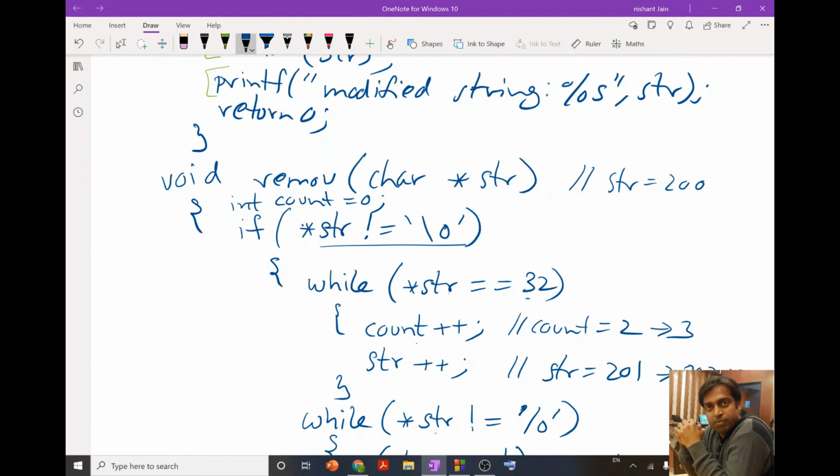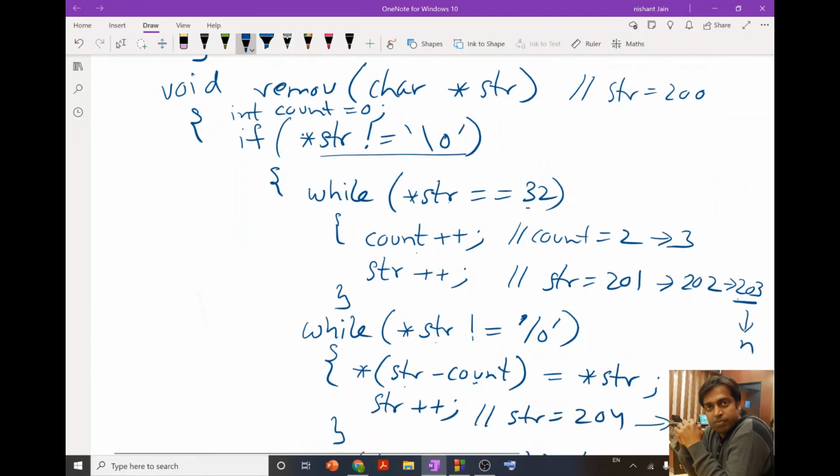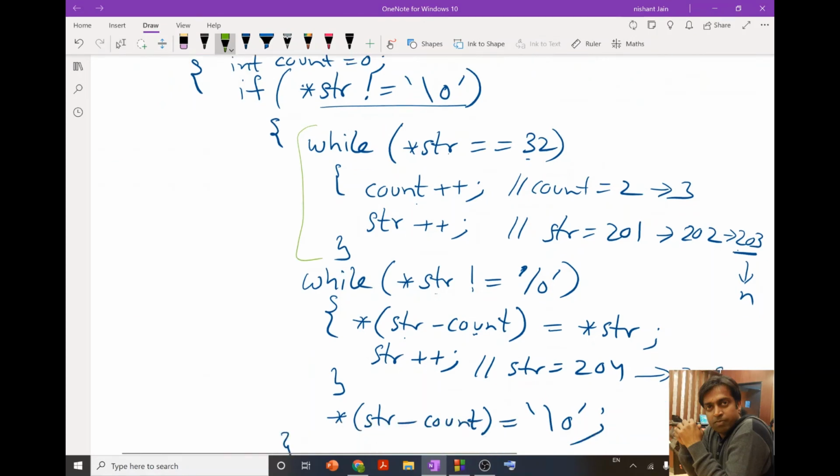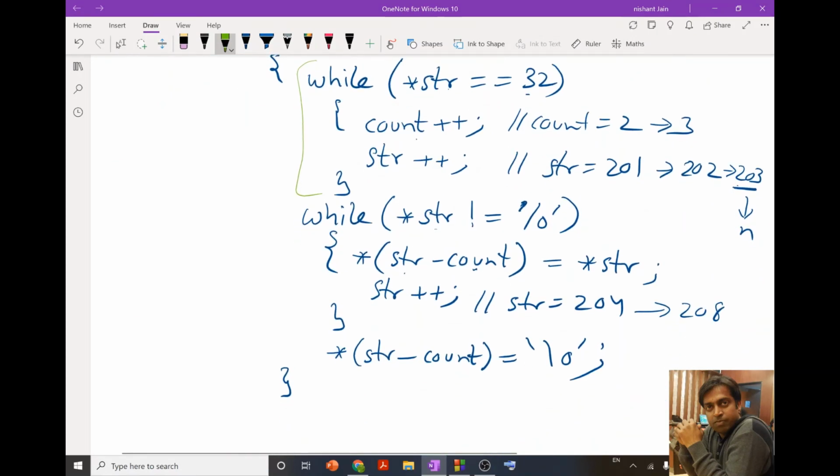If it is not, then we come inside, and first we count the number of spaces, and after counting the number of spaces we do the shifting. We shift the null character also. So it means that we have done all the modification, we have removed all the leading spaces.